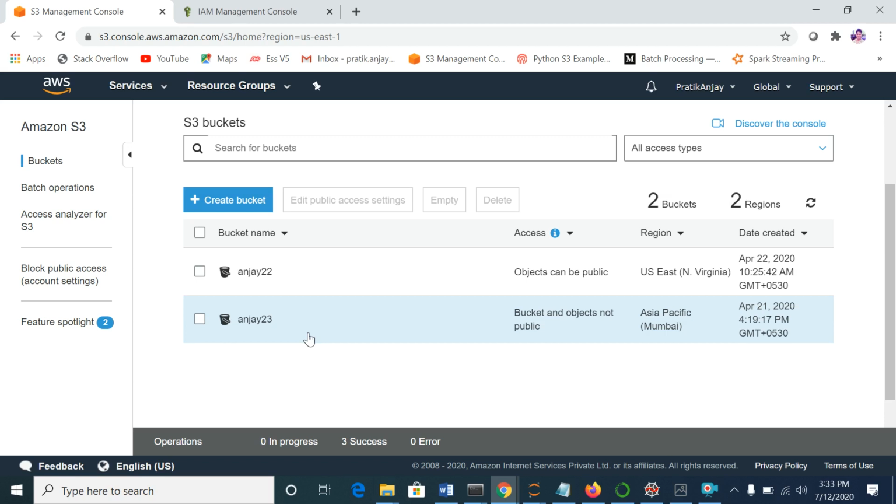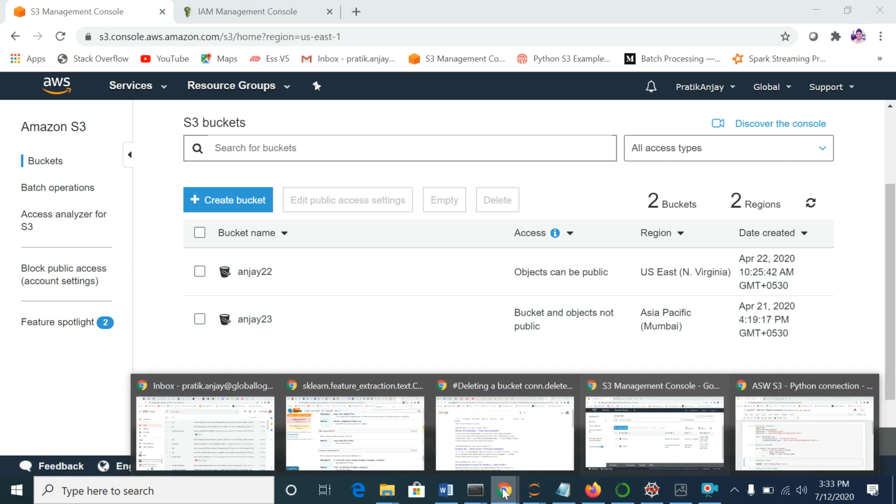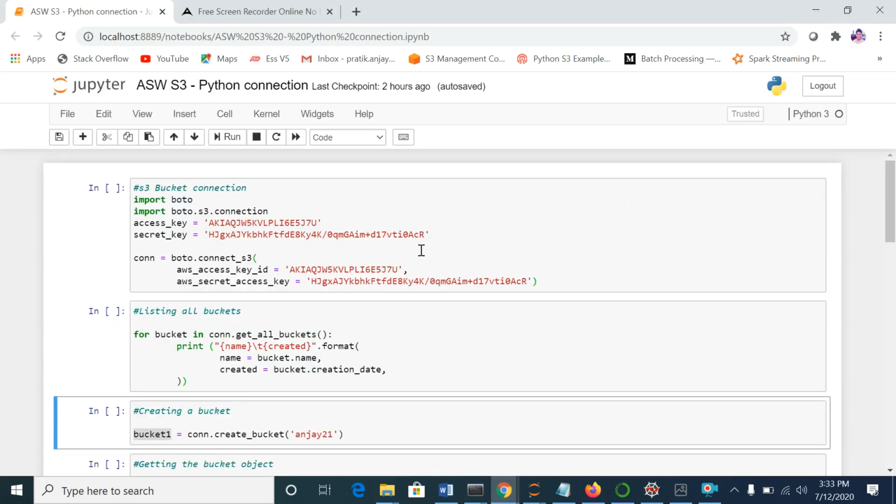So again, I am going to perform all these actions using my Python code, because in a real-time scenario, many times you are not going to perform these actions manually. You have to integrate everything using Python code if you are working on machine learning, data science, or data engineering projects. So let me go to my Python code.